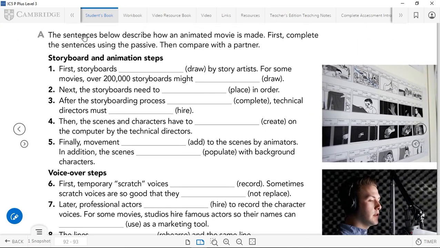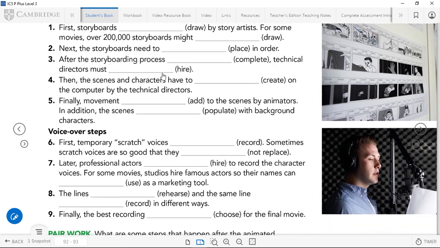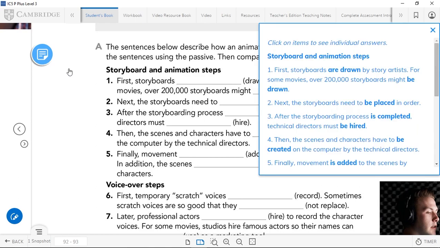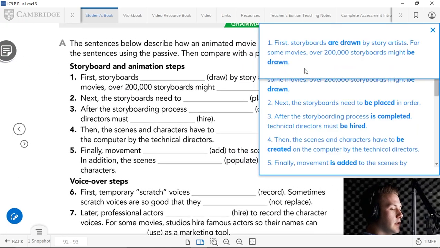The sentences below describe how an animated movie is made. First, complete the sentences using the passive, okay? So, you need to complete this using the passive voice, okay? Take your time to complete this, and then we're gonna check. Okay, you finished? Let's check. Okay, so first,